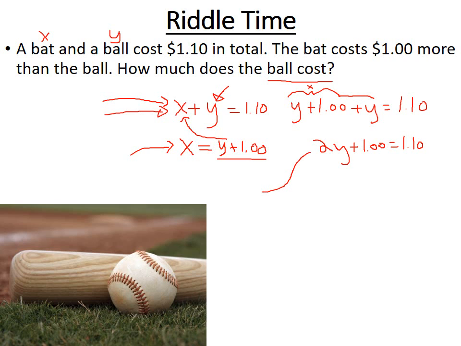And now at this point, you should actually be able to solve for Y, because I think we said the price of the ball, we just made it the variable Y. That's the letter we gave to it. You could have put B or A, whatever, it doesn't matter. So now you can solve for Y. Remember, you have to get rid of your addition first, then afterwards you can do your division. So let's take away 1 from both sides. So 2Y plus 1.00